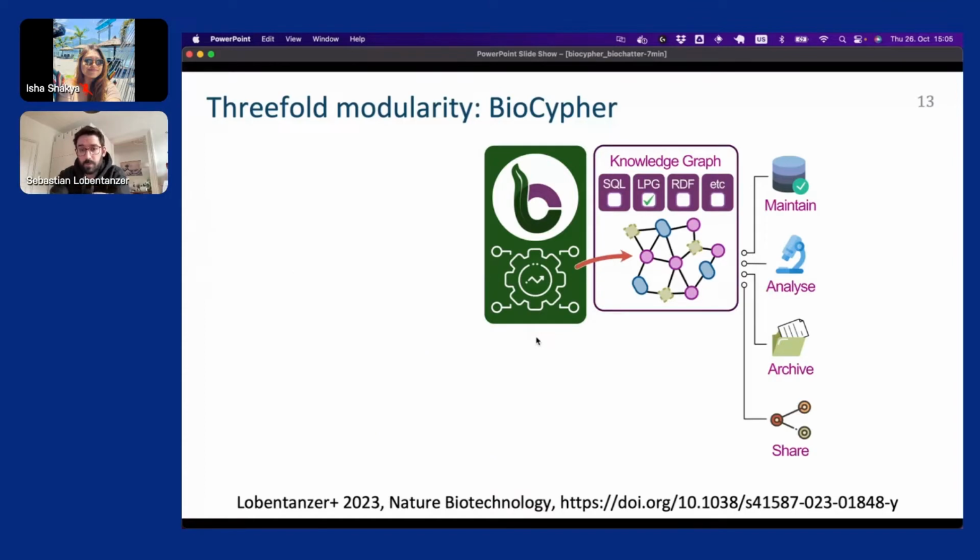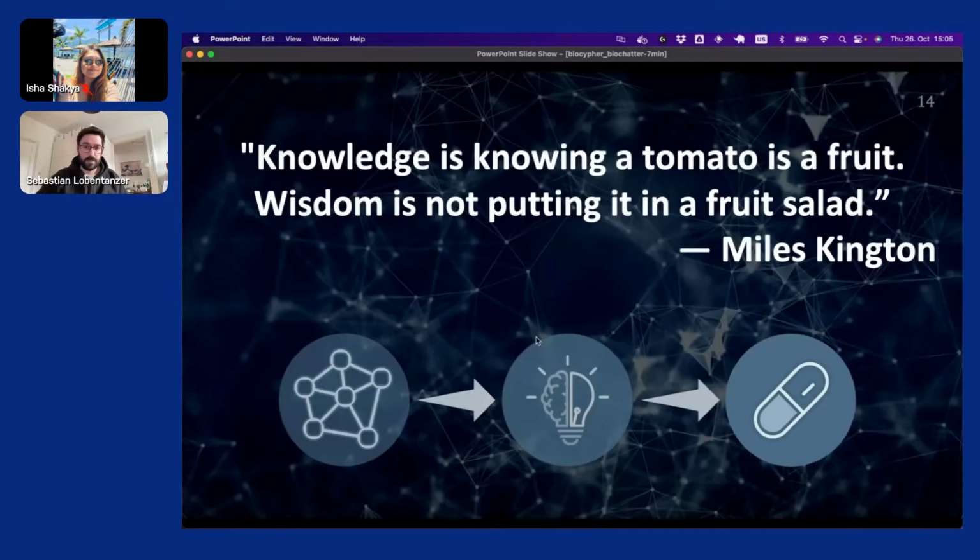And the third modular component then is the output side, where you could use a label property graph, such as Neo4j, which is one of our standard use cases, but also simple representations like a pandas data frame. And this then ultimately should help you to maintain and analyze your data, but then also to archive it in a very reproducible fashion and share it alongside publications that you may do on the data.